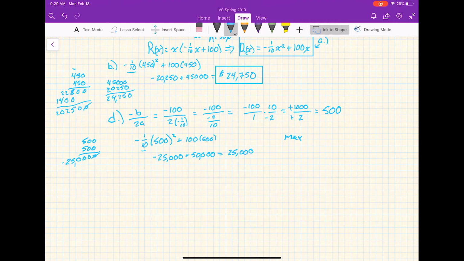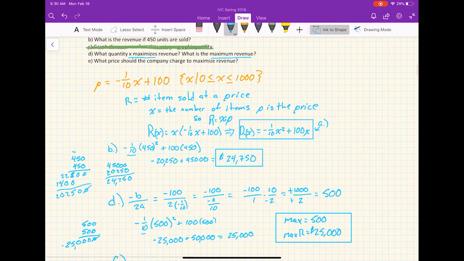So our max units is 500, and our max of R is going to be $25,000. So that's number 5. That one threw me for a loop for a little while. So, all right. So let's move on to